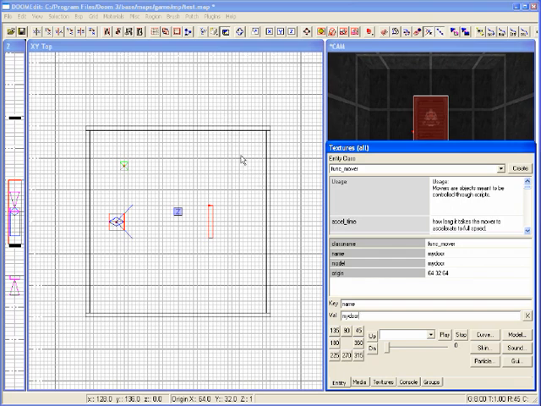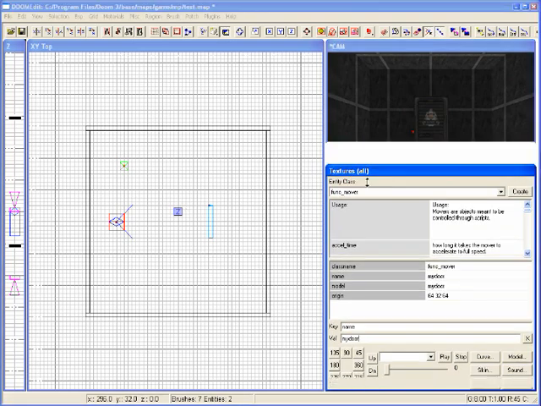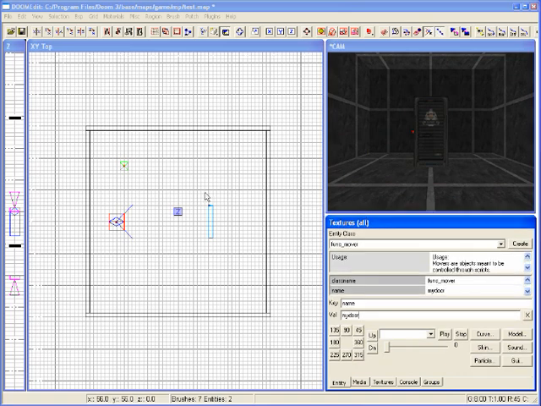Now we can deselect our entity because we don't want to mess that up when we create our next one. What we're going to do now is create the trigger, the item that causes the door to rotate. I'm going to create a trigger so that whenever the player walks up to it, it automatically causes the door to open. What that's called is a trigger multiple, because it'll be triggered a multiple number of times, not just once, but any time that the player walks up